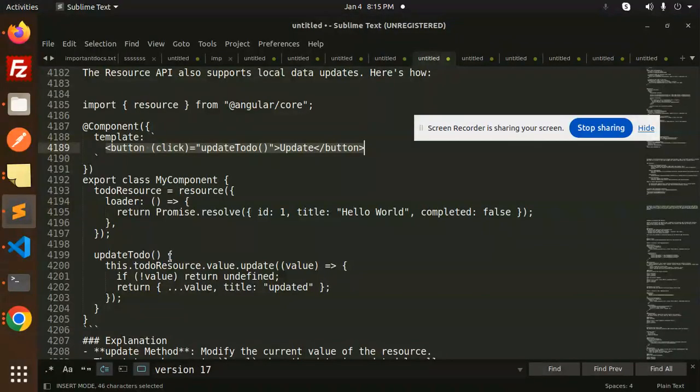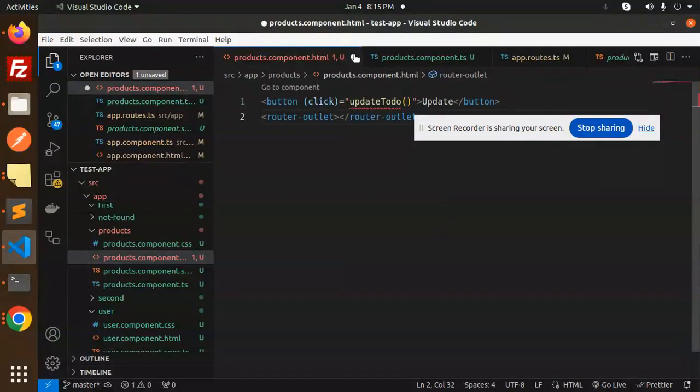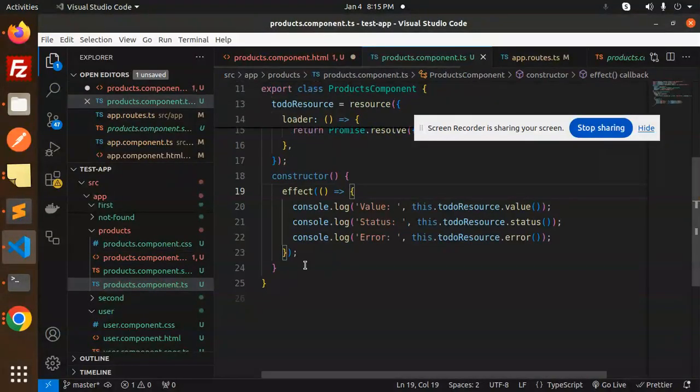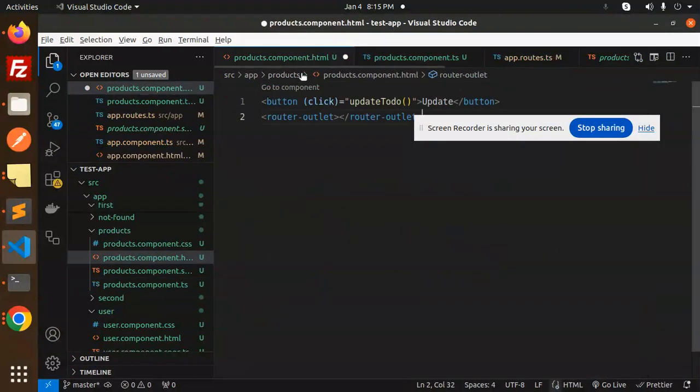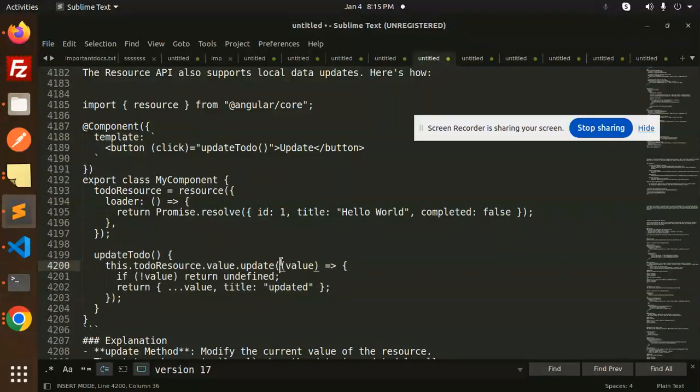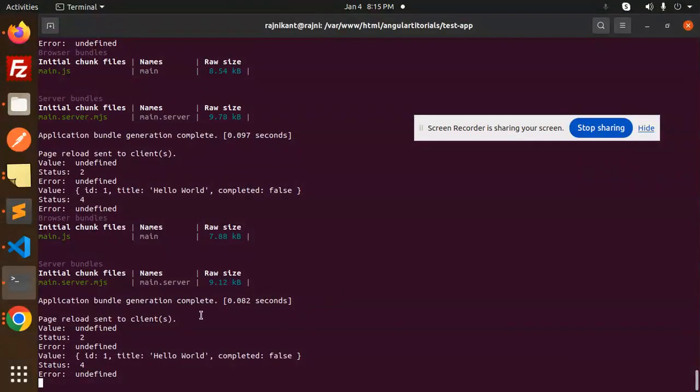Okay, I need the update function, so here I'm going to just add this update, right? And in the component I'm going to just add this method. Okay, error resolved, I suppose, right? So done. If I go to the console, here you can see that